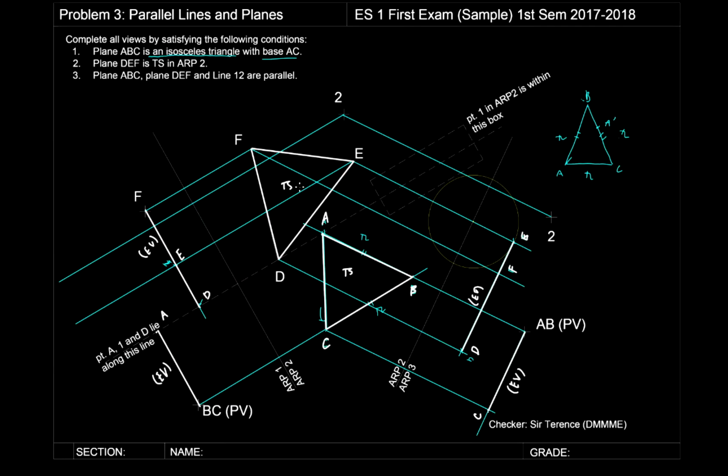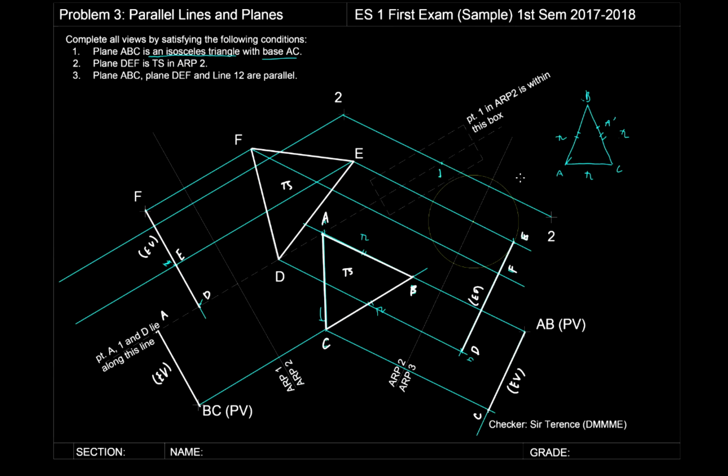So, yung easiest way to do this is to just create a point view, no? Kasi kung parallel yung isang line sa isang plane, tapos naka-edge view yung plane na yon, usually magiging perpendicular or magiging parallel na yung line natin doon sa plane. Okay? So, sabi dito, this is the point where one is located. And then therefore, ito,